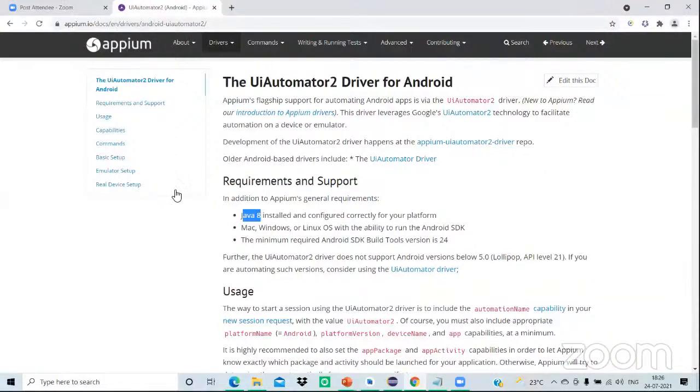You already know how to install Java, right? Just go to the Oracle website and install Java 8 from there. Mostly you can take the 64-bit version. So after installing Java,